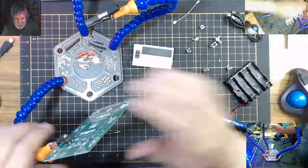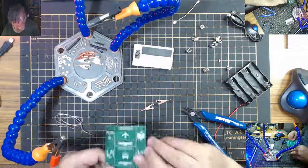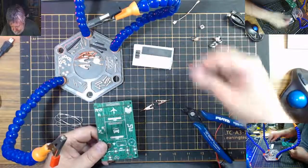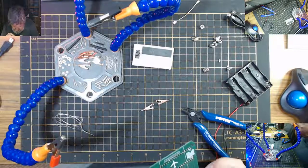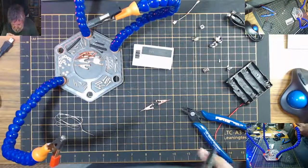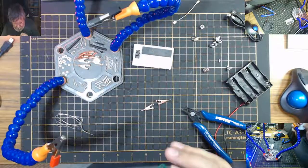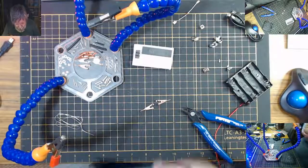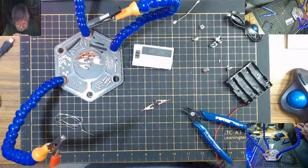Okay. One switch done. Well, not done. I still have 2 legs to do, so let's do another switch here. I mean, they bend the leads on these switch legs, but they don't. They're too loose. So